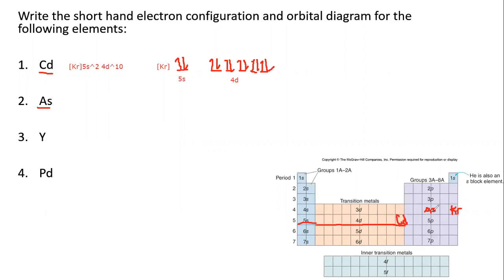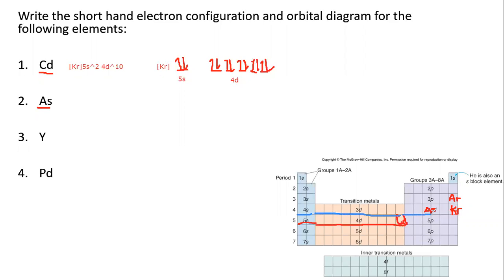It's on the 4th row, so it'll be 4p. And the preceding noble gas is argon. So everything up to 3p can be represented by argon, and then the unique portion for arsenic is the 4s, 3d,